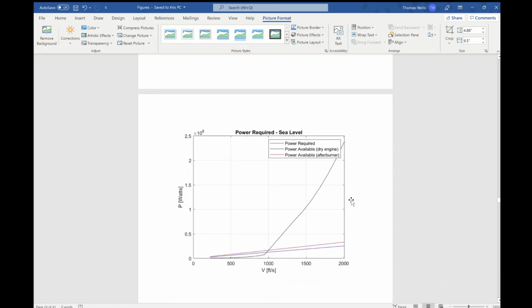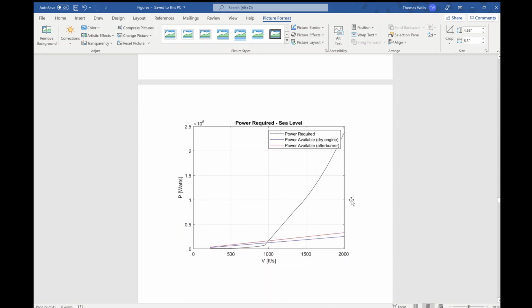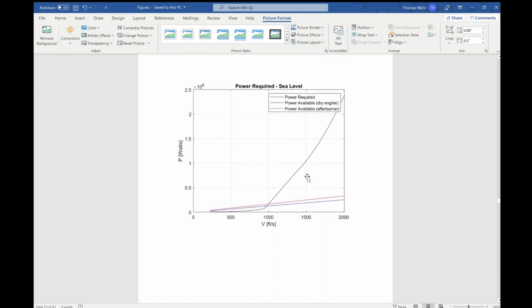So moving on, we're now going to talk about the power required as well as the thrust required. So here's the power required at sea level. The red line corresponds to full afterburner, and the blue line corresponds to the max throttle setting of dry, so no afterburner at all. From this, we can see that our maximum velocity is only going to be around 1,000 feet